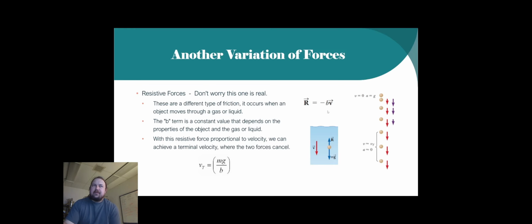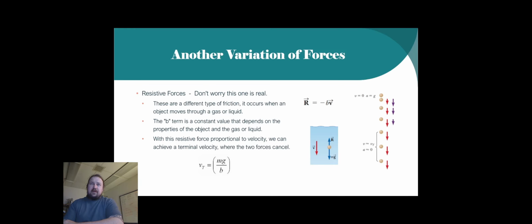This lowercase b term is a constant value, but it's problem specific. It depends on the properties of the object, the gas or liquid that you're going through, all these little variables and changes. They all get combined into one constant term that we call b, the lowercase b. It is proportional to the velocity. So we do have a velocity in there. It's one of the only forces that is proportional to velocity instead of acceleration,